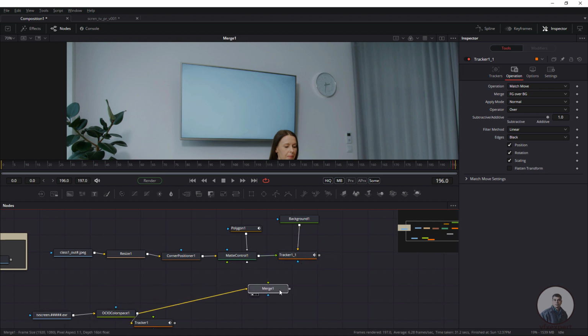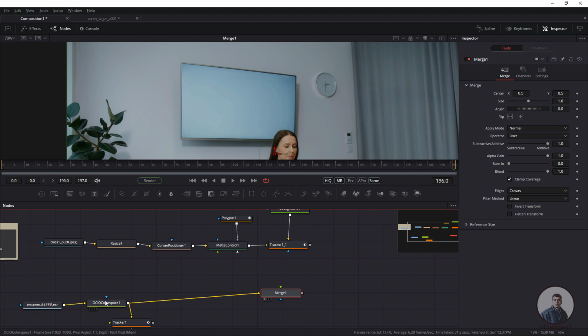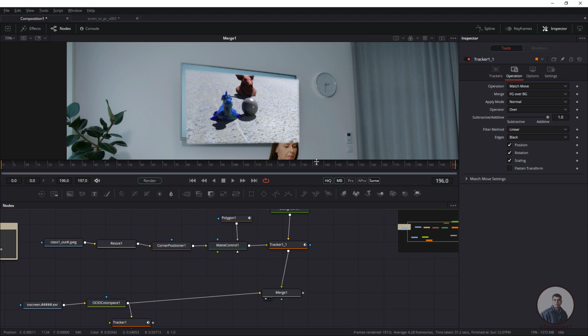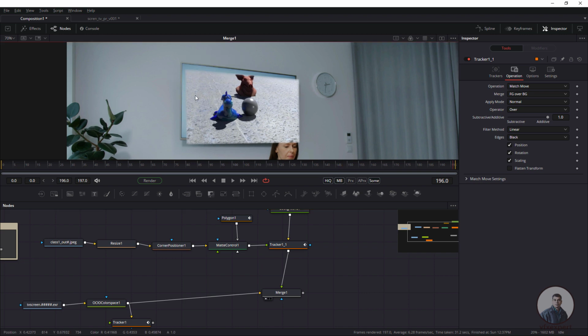After this, we have to merge this output on top of our original image. So this is our merge node again. You can place the tracker here so we can easily see. This is our background image, which I have connected to the background, and this is our foreground, so we can drag and drop here. Now if you see, this is moving according to our footage movement, but it is not matching this area.